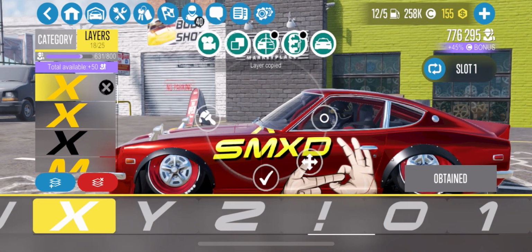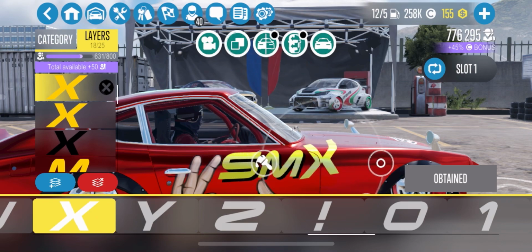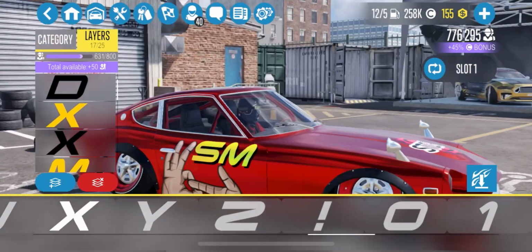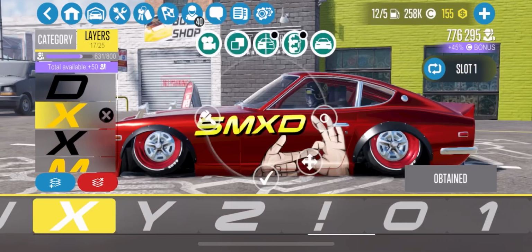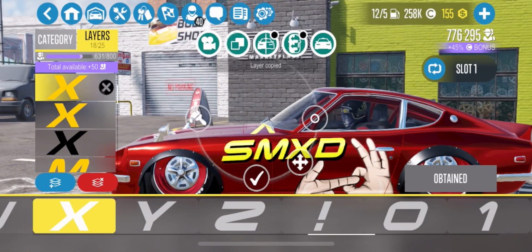So X, stamp it and drag it, and line it. Oh, I just ruined the aspect ratio, I can tell. Yeah, no, I ruined it. Let's try again. There we go. Stamp it, drag it,